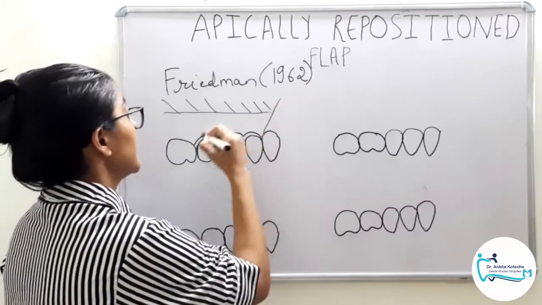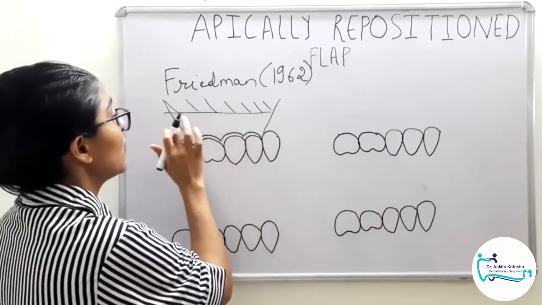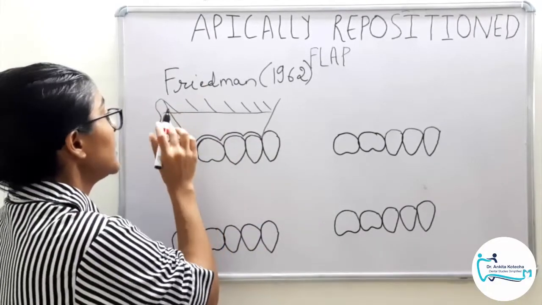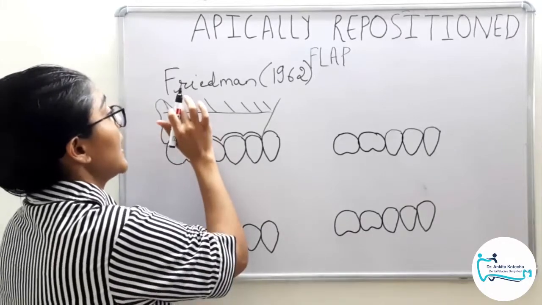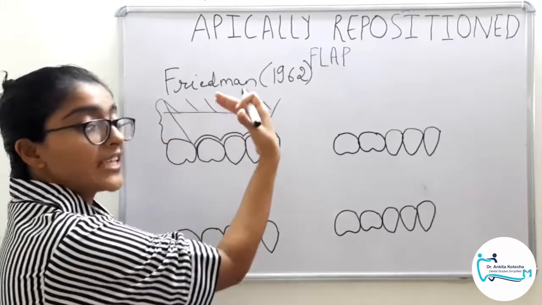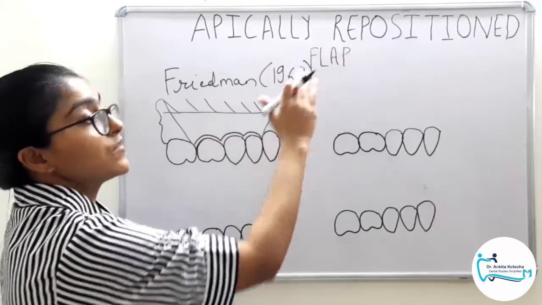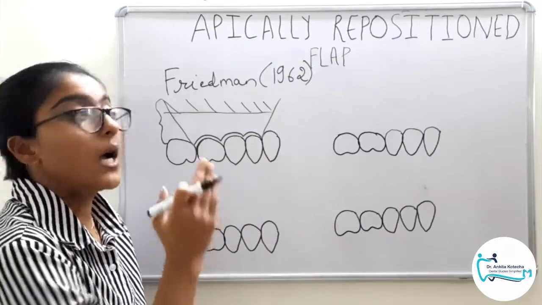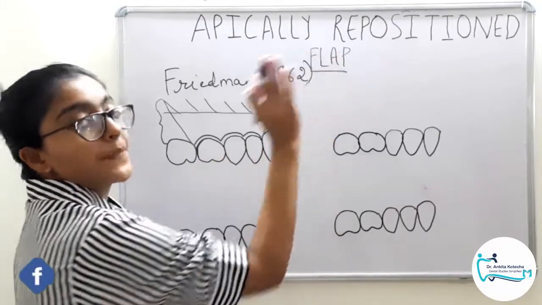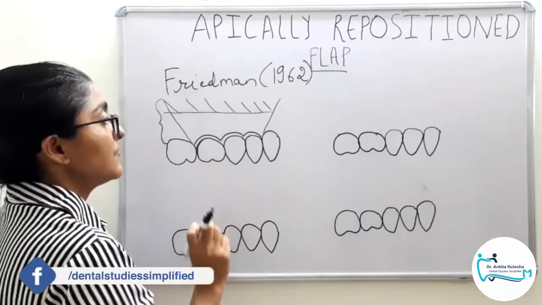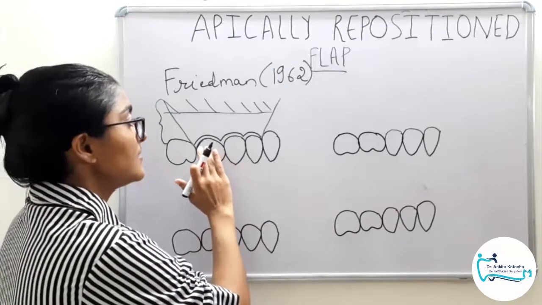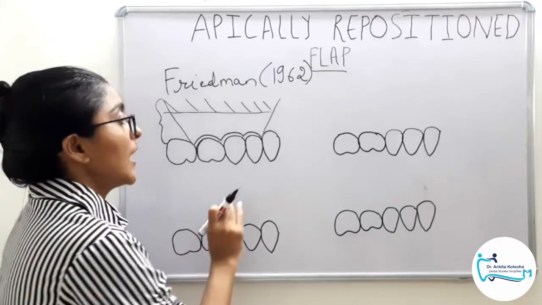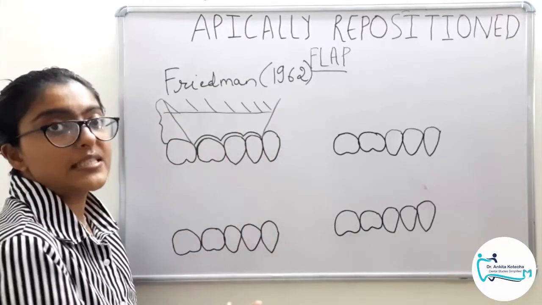So our two vertical releasing incisions so as to release both gingiva as well as alveolar mucosa. Please see this anatomy. Both gingiva and alveolar mucosa will be repositioned in the final step, and that is why the name of the technique had been changed from repositioning of gingiva to apically repositioned flap. Clear? So this is our first step, the set of incisions, that is horizontal scalloped submarginal internal bevel incision and the two vertical releasing incisions.